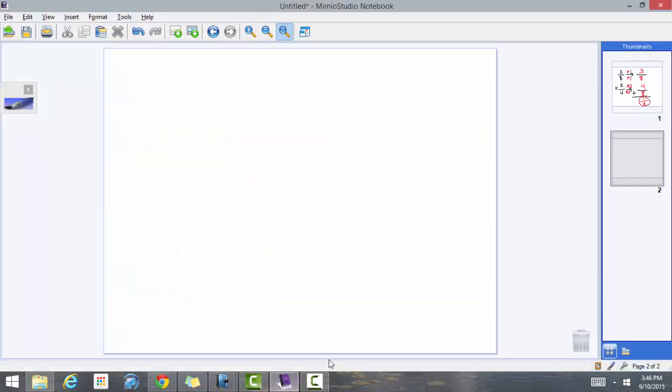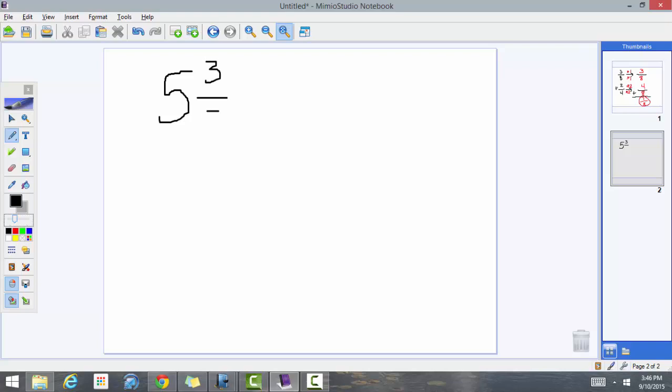Let's take a look at what our problem is going to be. So our first fraction is going to be 5 3/8, and we're going to add that to 3/4. So one issue I see is that they don't have common denominators. So from that first video, let's use our arrows